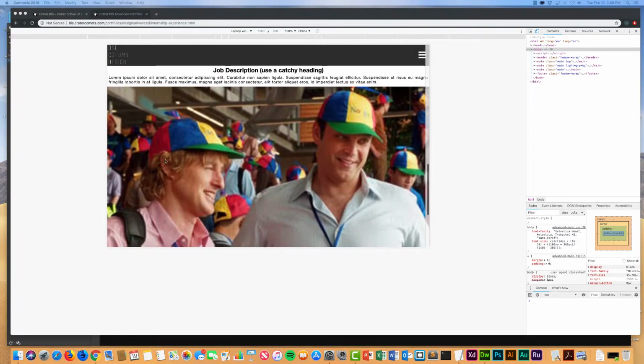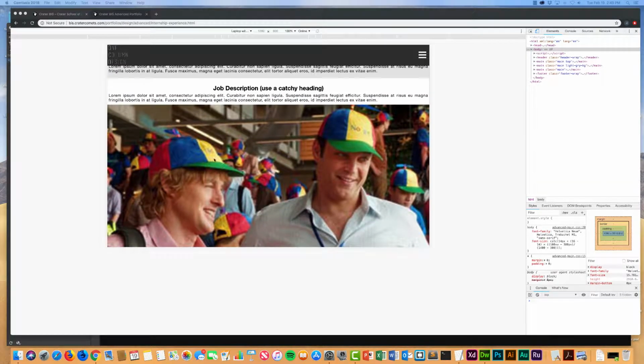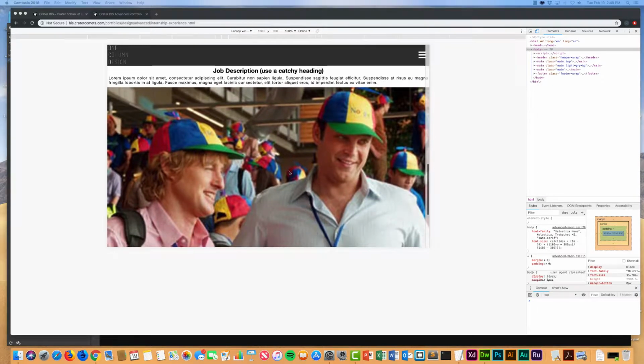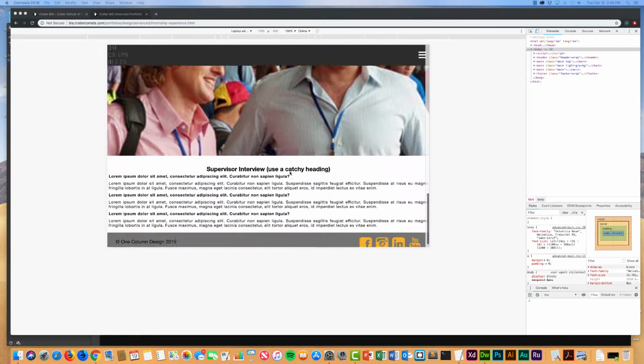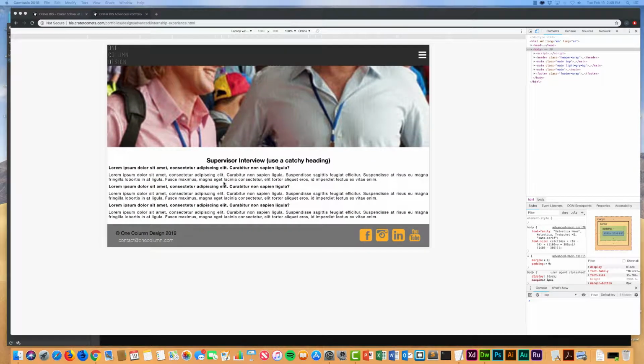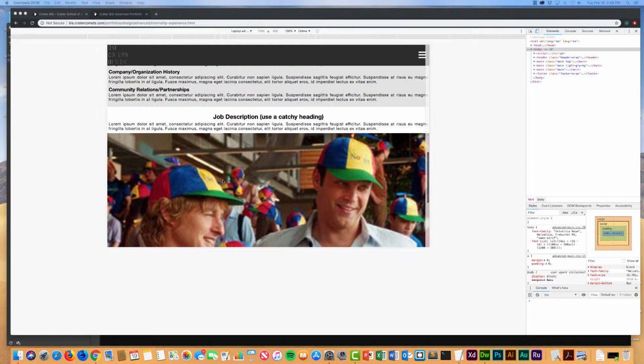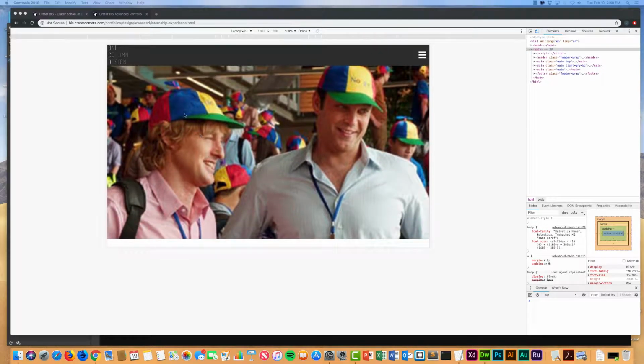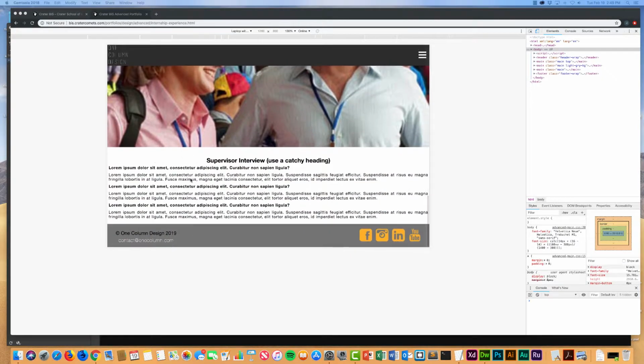Down here on the bottom, we have another section. This is obviously from a fun movie about internships. And this section here is all about an interview with your supervisor. And we have this all laid out, what you need to complete this page in terms of the content. If you need some examples of questions and stuff that you'd like to ask, this is all laid out in